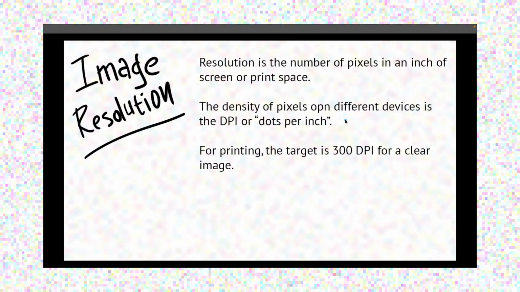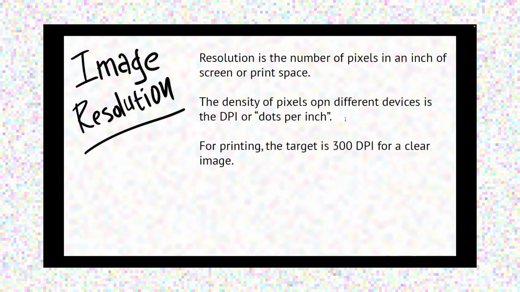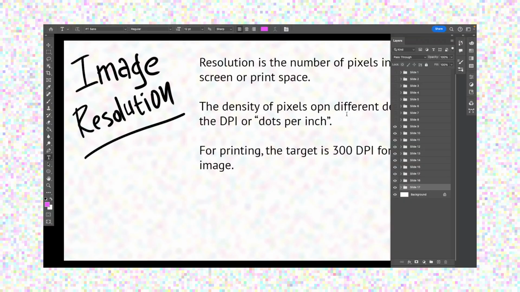So along with our image size, we have something called resolution. And resolution refers to the number of pixels in physical space on a screen, or when you print something on a piece of paper that's printed. And so this is referred to as the dots per inch, or DPI. And different devices and different printers have a different number of these pixels that they can put on the screen within a certain space. So for example,